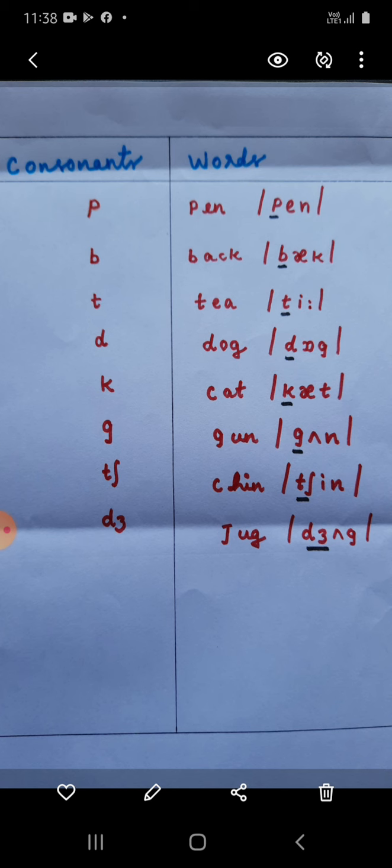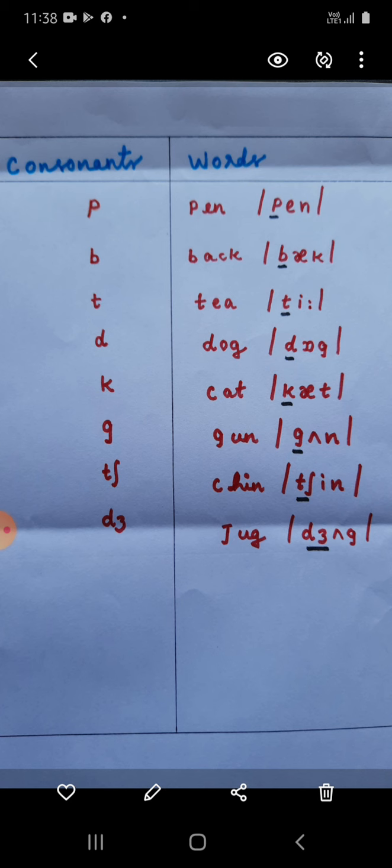Understood that? Okay. Now the next sound we are going to deal with is the G sound. We write small letter G to represent the G sound, and the pronunciation is G. It's not J. Always remember that, because it's very confusing between J and G. Understood? So G is written and the pronunciation is G. Clear?